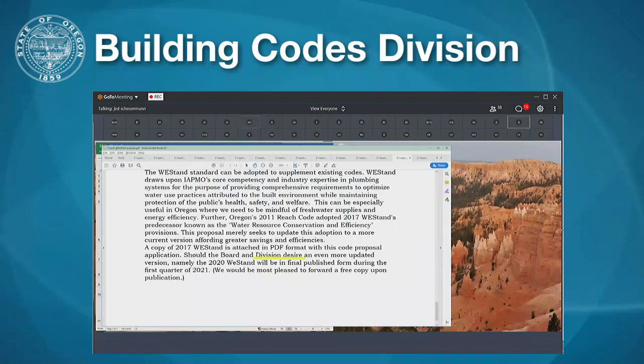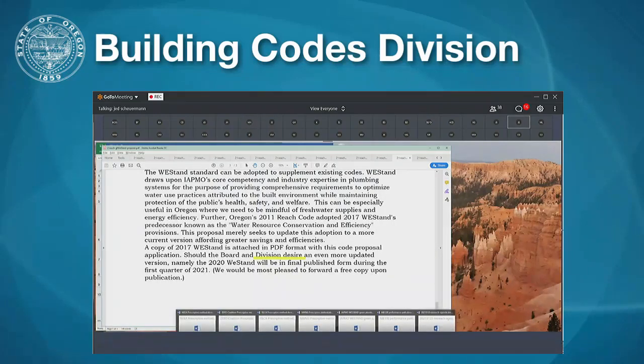Again, the REACH code is an aspirational code that goes above and beyond the requirements of the basic code, in all the disciplines that applies. It affords people the opportunity to be even more creative in the ways that they save resources. In this case, potable water is a huge one, and by extension, what ends up going down to the wastewater treatment plant on the other side. So there are huge opportunities for greater efficiencies for people to save water, which in turn saves them money as far as operating their own household.